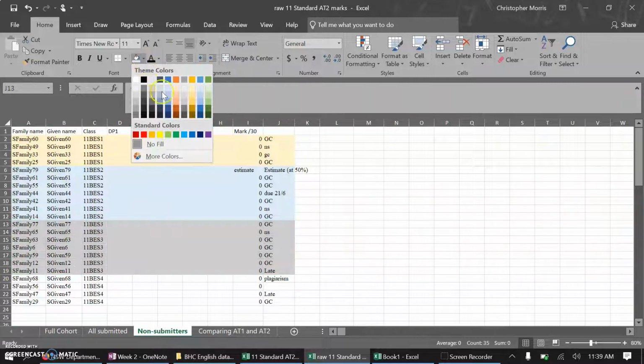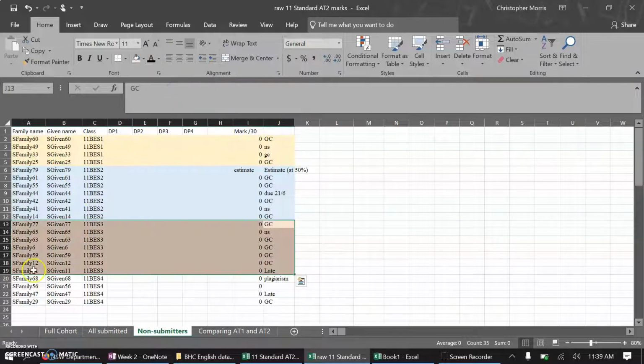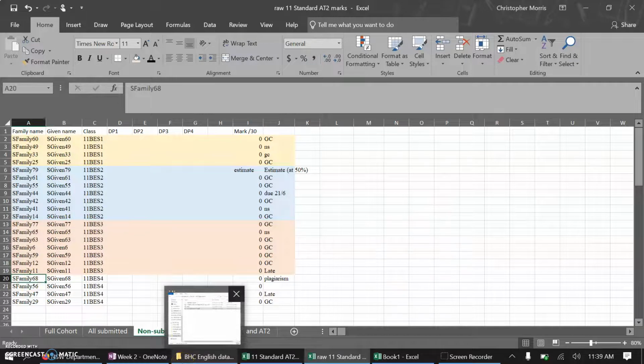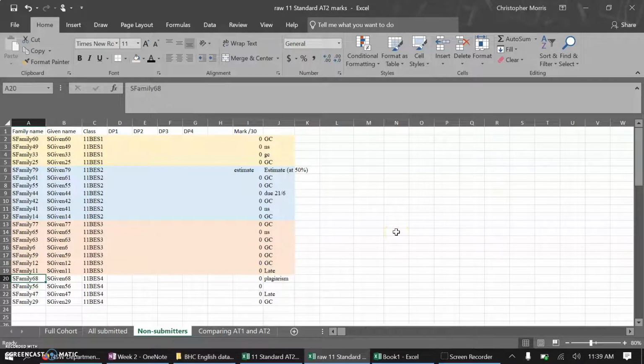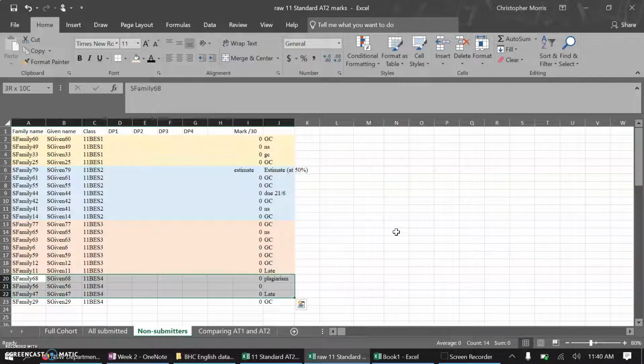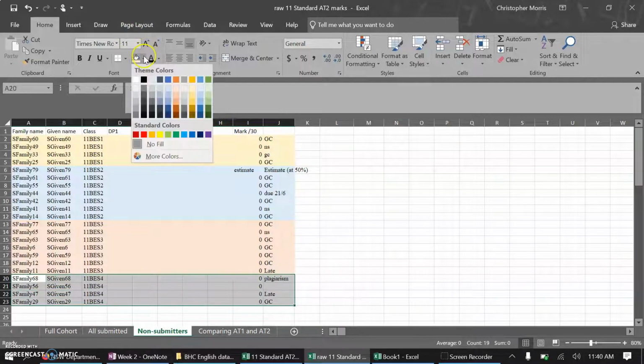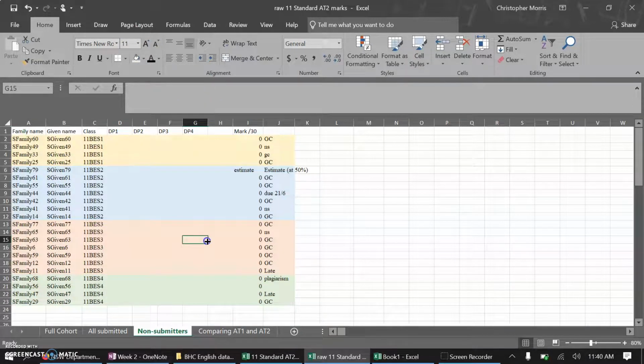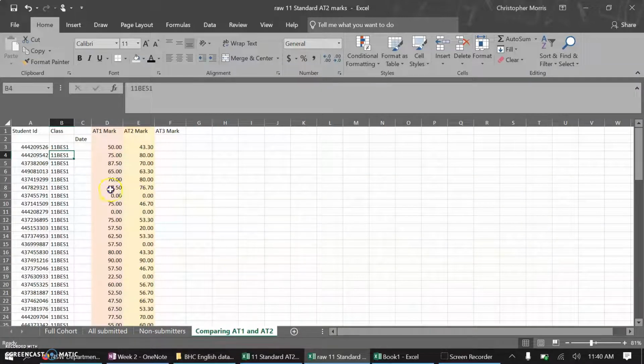Cool. And I might also add, if you really don't feel like using the mouse or touchpad as I am now, you can hold Shift and use the arrow keys and highlight the cells in that way. Maybe the green will look a bit different. There you go. That's starting to make sense. Now this one,